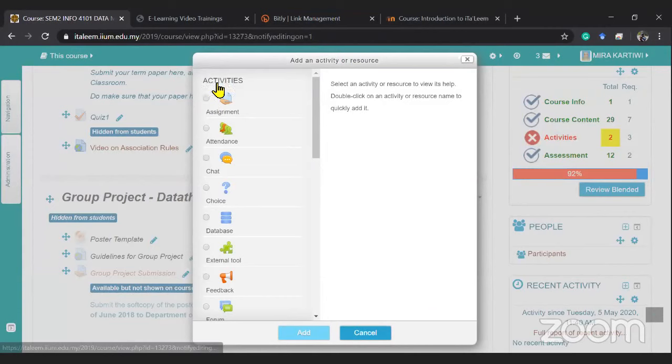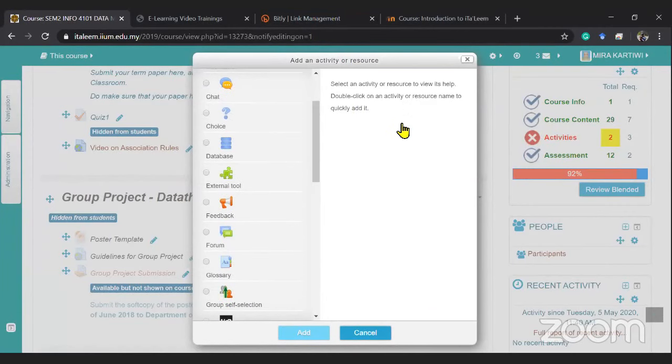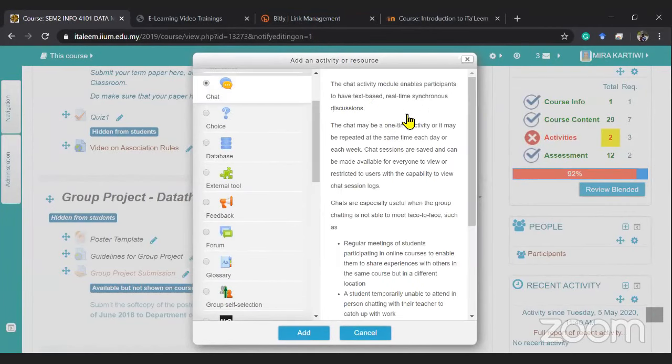Okay, so chat, as you can see here, is a chat activity that enables participants to have a text-based, real-time synchronous discussion. So for example, I want to have a session tomorrow. Everybody logs into